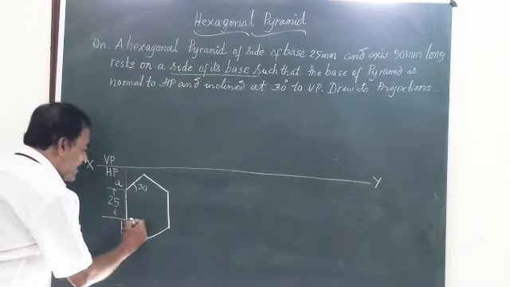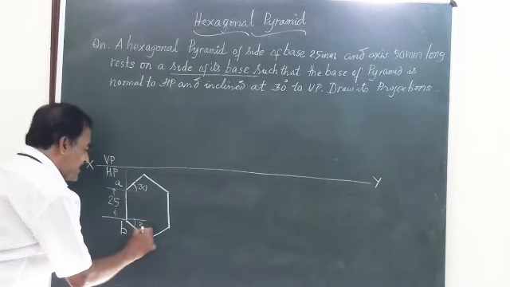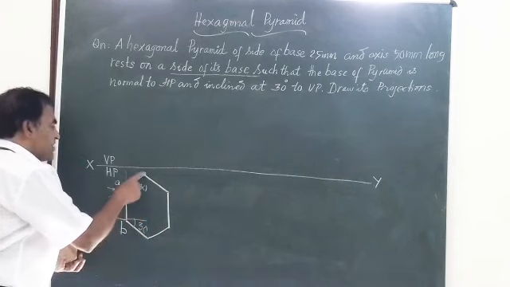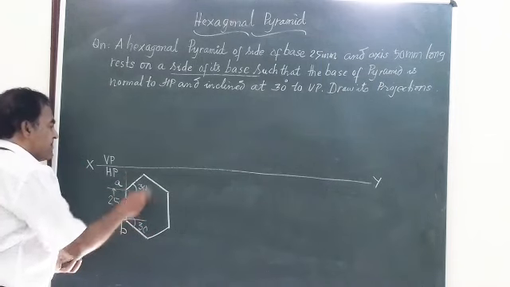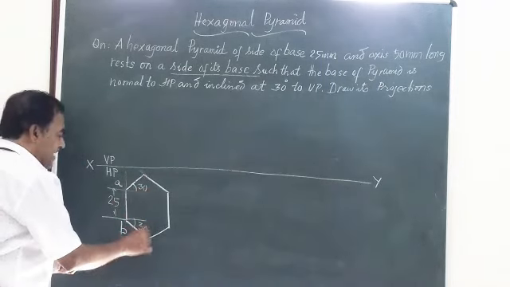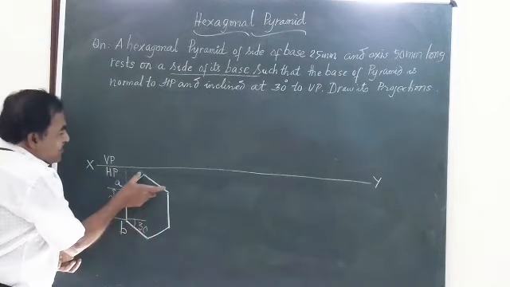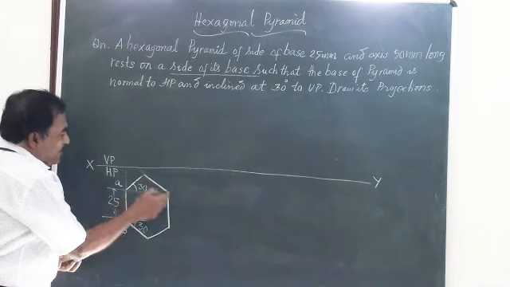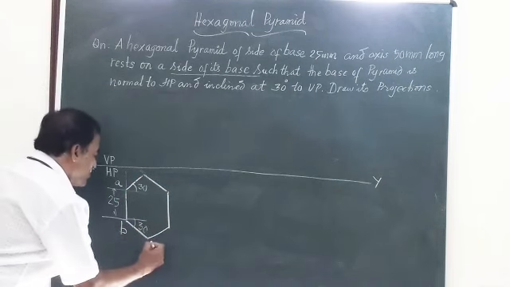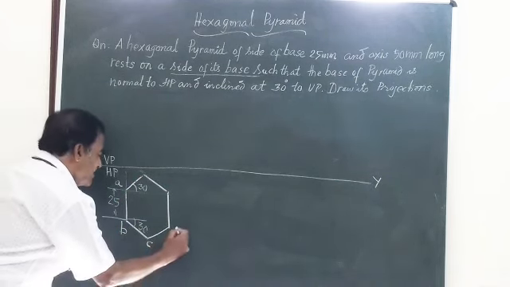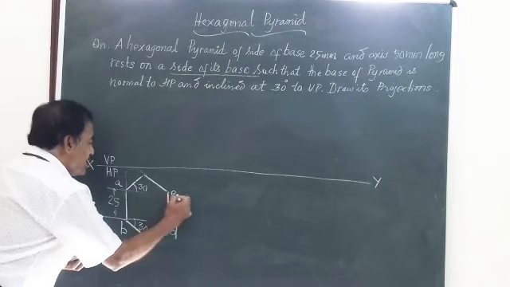So again here, another line at an angle of 30 degrees. You know the length of this is again 25. Draw an arc to cut these 2 lines. Extend this line further, take the same 25 mm radius, get this point. So we are going to get A, B, C, D, E and